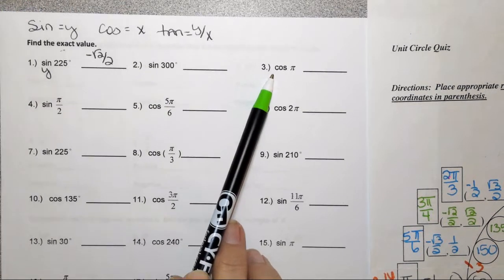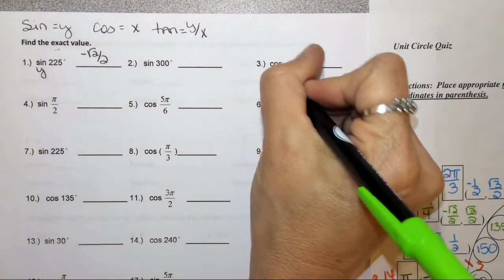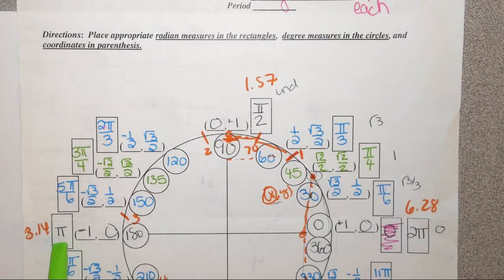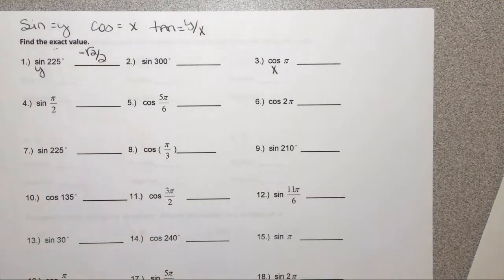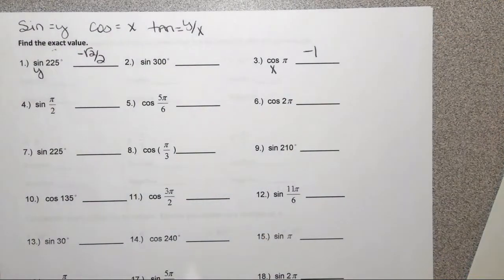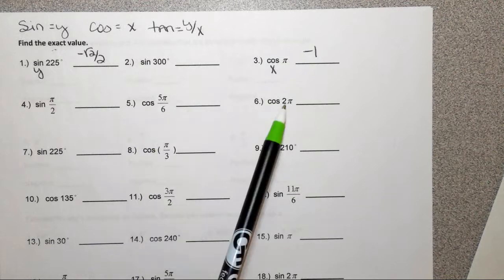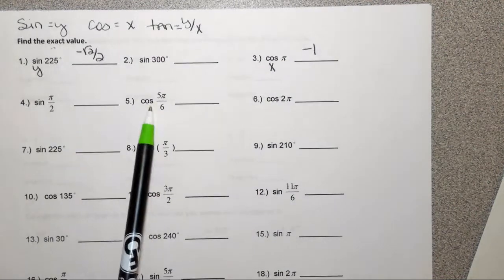Let's go look at cosine of pi. You're supposed to know that cosine means x. And you're going to go to your circle and find pi. Pi's right over here. And the x value at pi is negative 1. So the answer for that is negative 1. There's another sine, another cosine, another cosine. So y, x,